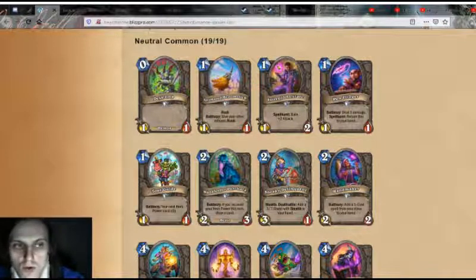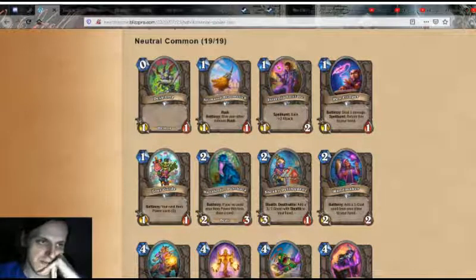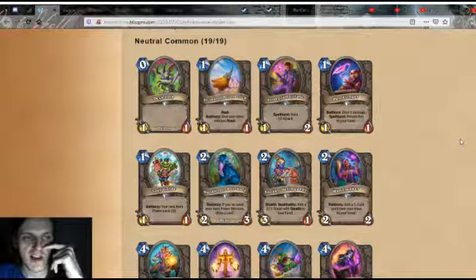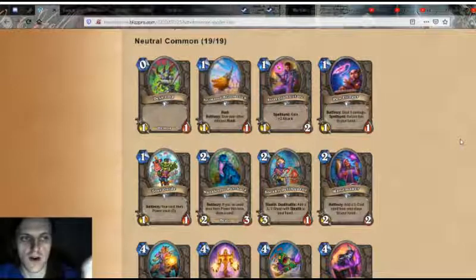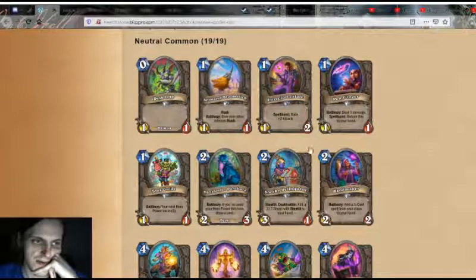Fire Imp with more work is maybe good? I don't know. You have to basically combo it to be good, and combo one drop. We had one of those before. It was not good. So. Maybe not good, but